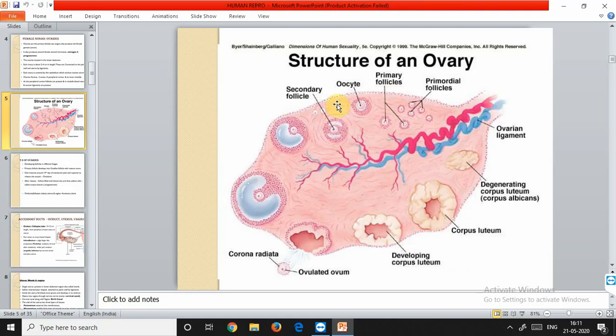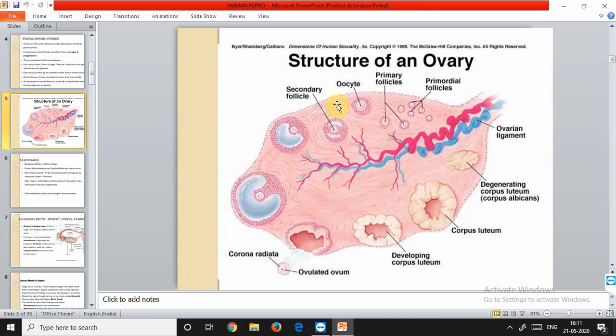So now antrum, it is filled with a semi-viscous fluid, and that fluid is called the liquor folliculi, and it is secreted by the follicular cells. So these follicular cells secrete some semi-viscous fluid into the antrum, that was a cavity, and into this cavity the secondary oocyte was being suspended, and that fluid is called the liquor folliculi. The term folliculi is used because it is being secreted by the follicular cells.